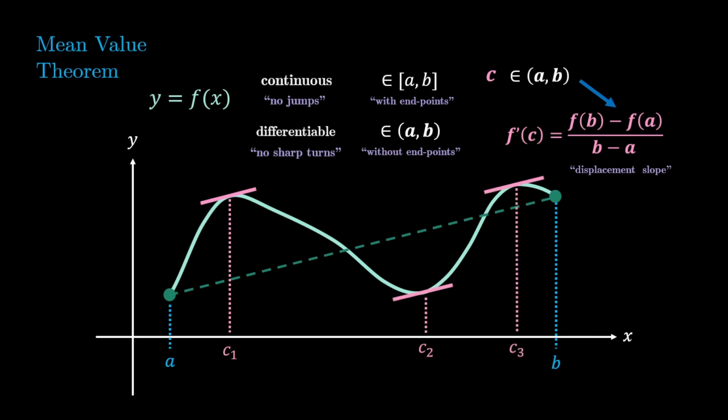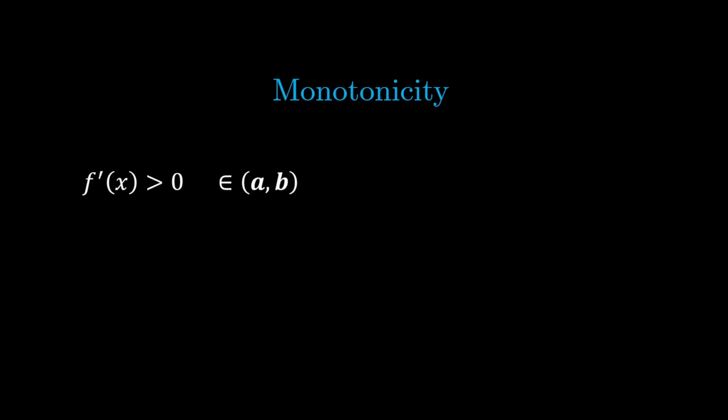But this visual alone is not enough to prove the theorem. But the purpose of this video is not to prove this theorem, but to build off it. So we shift our focus to monotonicity. Now, building off the assumptions in the mean value theorem, there's two parts to monotonicity. The first part: if our derivative is greater than 0 in our open interval, then we say that the function